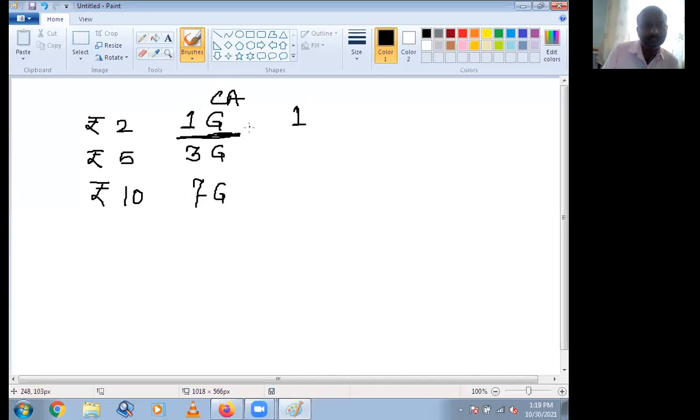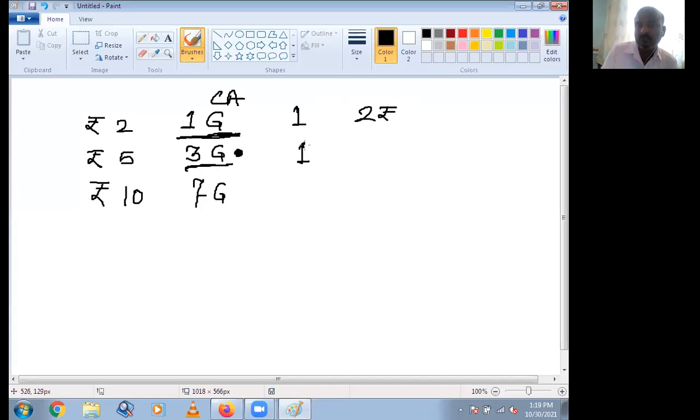For 2 rupees one custard apple, for 5 rupees 3 custard apples, and for 10 rupees 7 custard apples. Whenever you are purchasing less custard apples, the price for one is 2 rupees. When you are purchasing 3 custard apples at a time, what is the price of one custard apple in this case?